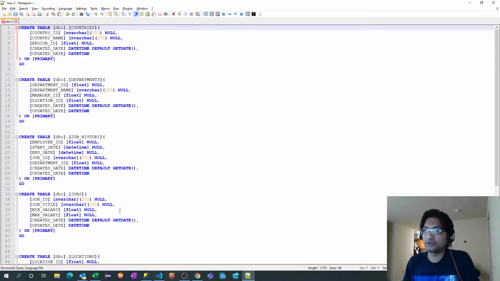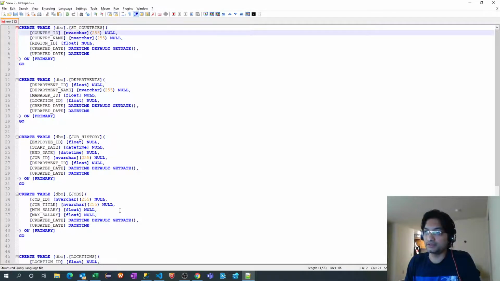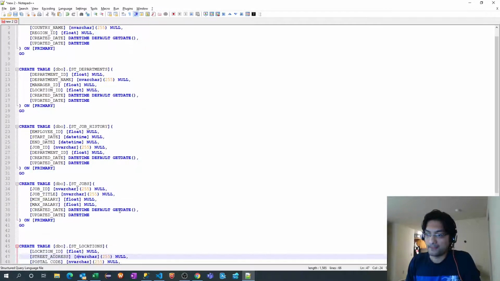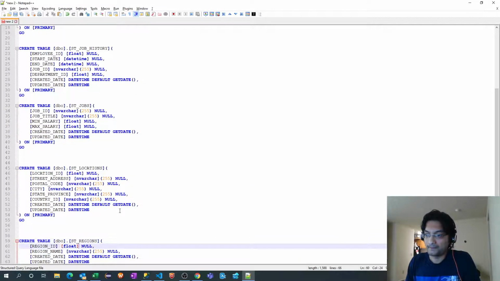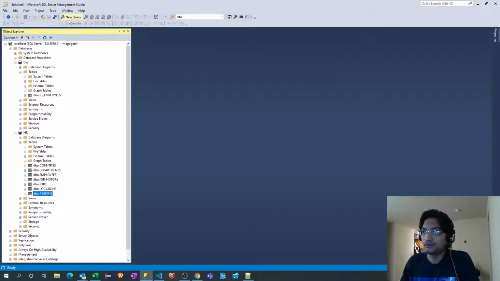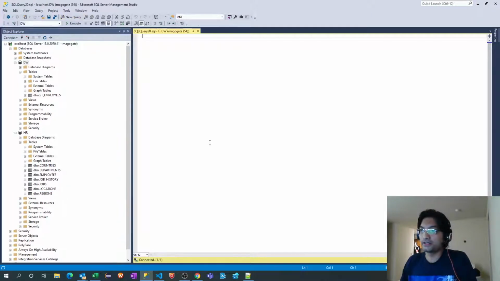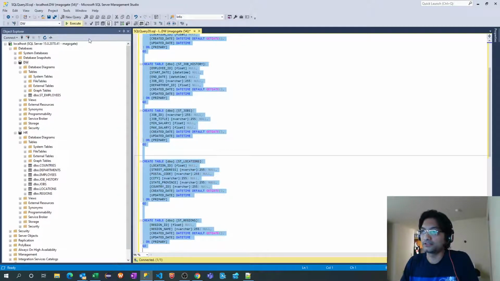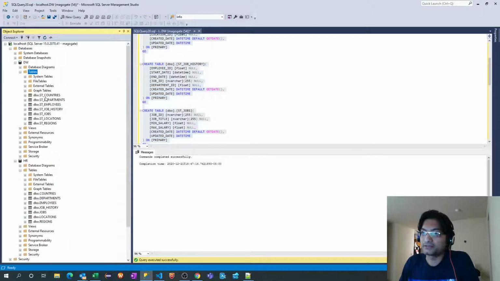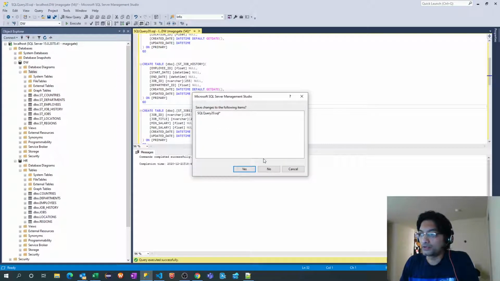One more thing we have to do is prefix those tables with st, so that if anyone looks at these tables, it will be easy to understand these are staging tables. All right, I will copy this script. Let me connect to our data warehouse database and run all these scripts. If I refresh, I should see all the remaining tables. Now let's go back to our code.